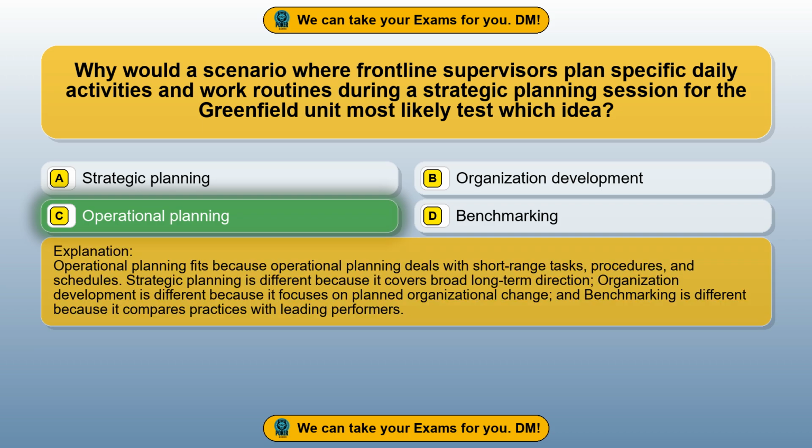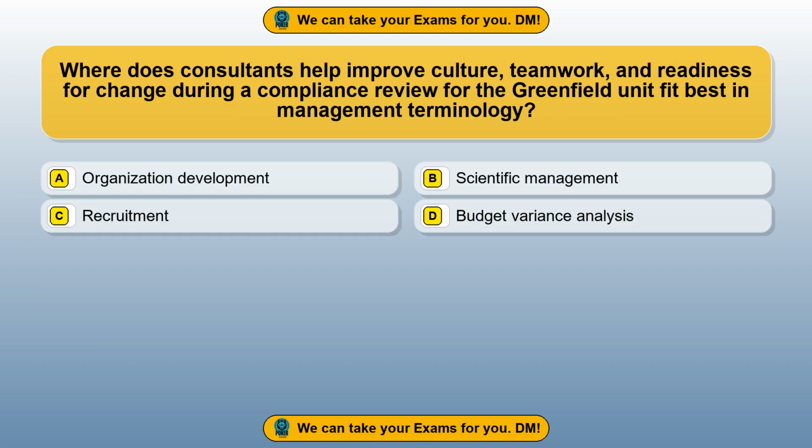Operational planning fits because operational planning deals with short-range tasks, procedures, and schedules. Strategic planning is different because it covers broad long-term direction. Organization development is different because it focuses on planned organizational change, and benchmarking is different because it compares practices with leading performers. Question 81. Where does consultants help improve culture, teamwork, and readiness for change during a compliance review for